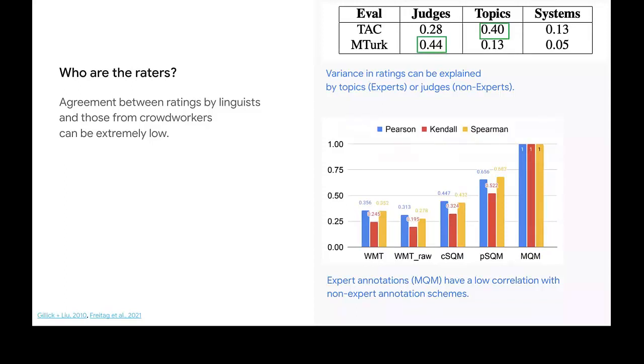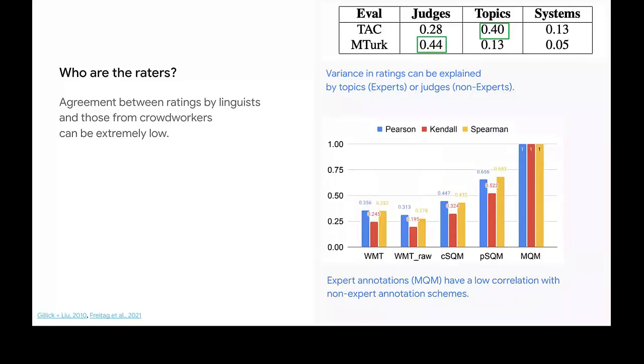In investigating this switch, the authors found that the agreement between all of the previous annotations that were collected and the very high quality MQM ratings was extremely low, sometimes between 0.3 and 0.2, which means that they were extremely useless at telling us how good a system was actually doing.